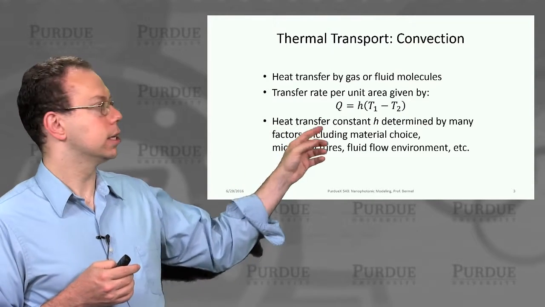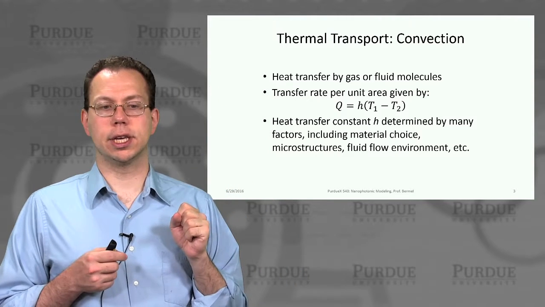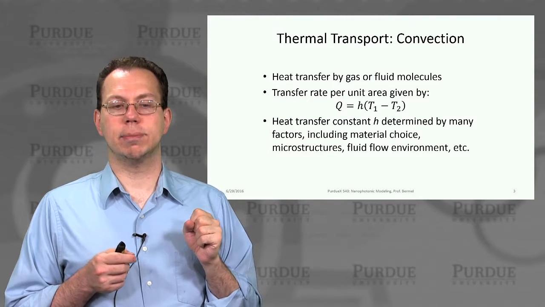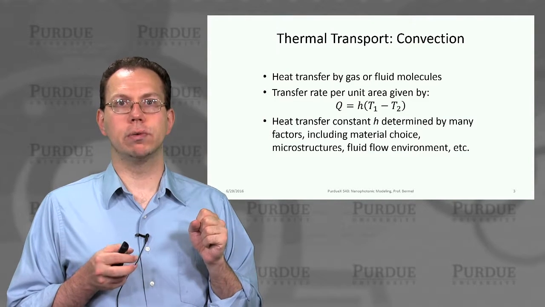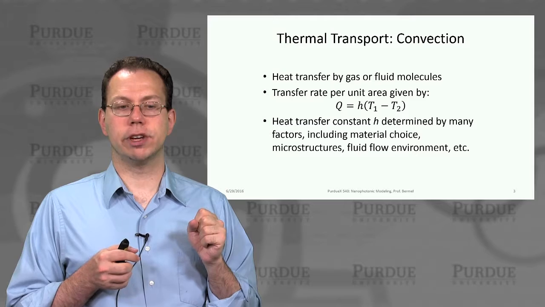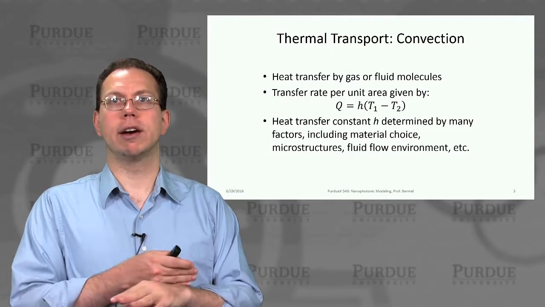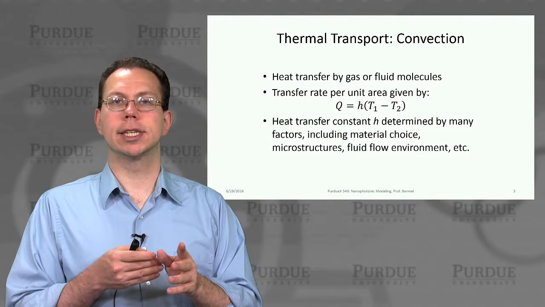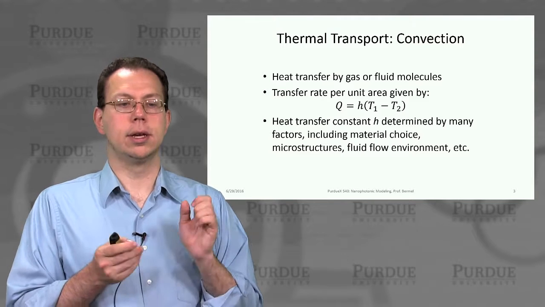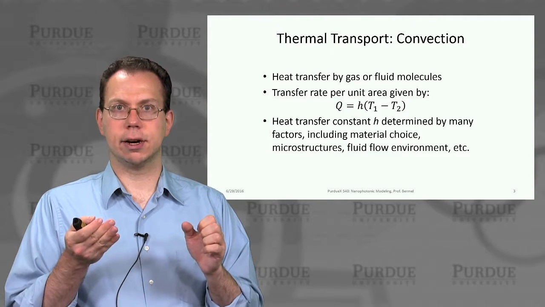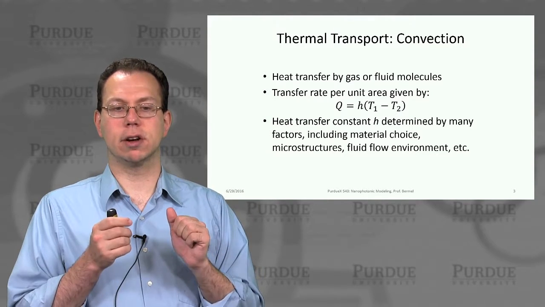So to summarize the convection equations briefly, I already explained that it's like the wind on a cold day, and the transfer rate depends on two factors. One is called the convection coefficient, and that depends on a lot of factors, but definitely high velocity flow will increase the convection coefficient, and it makes sense because more gas molecules are going by your skin if you have a very strong wind than if you're inside, for example.